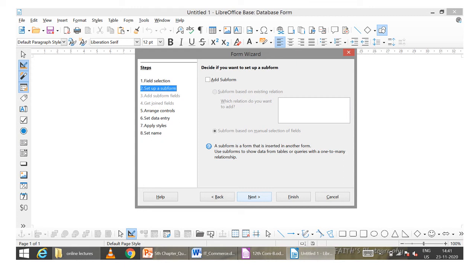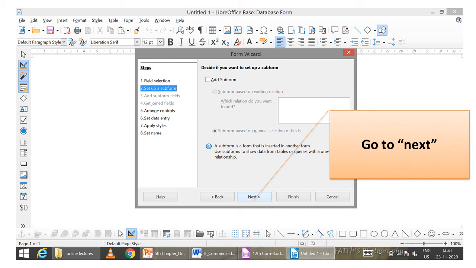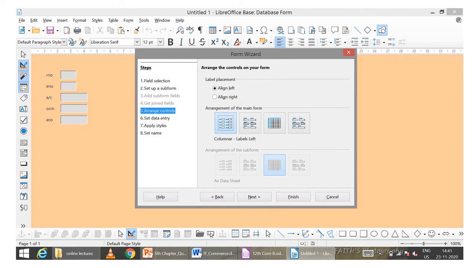If we have data in a one-to-many relationship, then we can use this subform. But now we don't need to study it in detail, so steps 3 and 4 are skipped, and we jump to the 5th step,